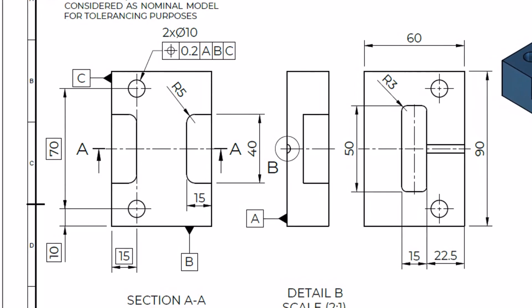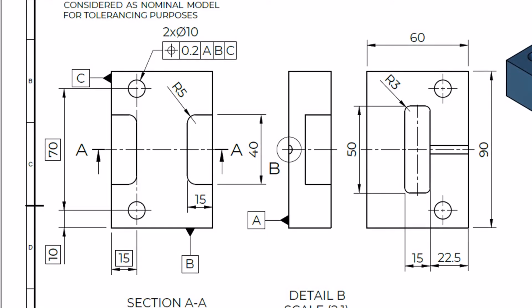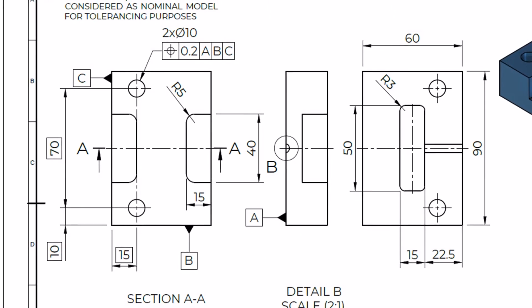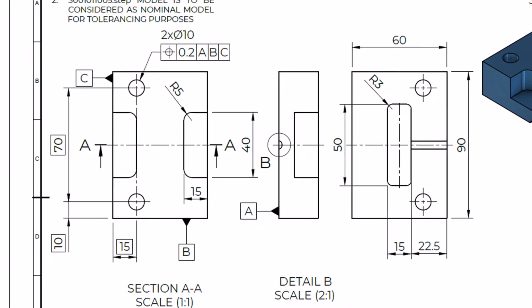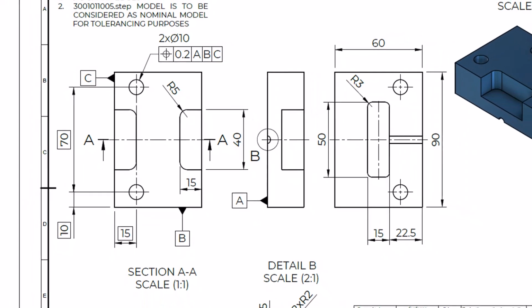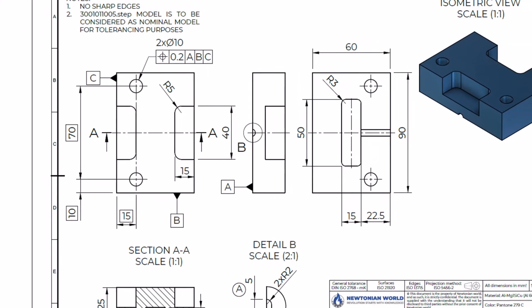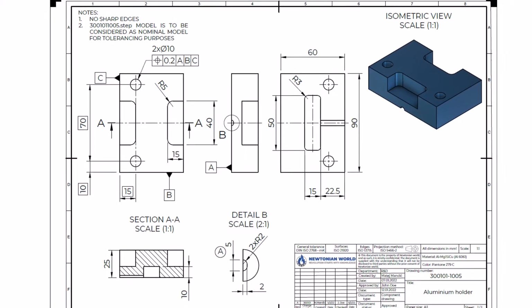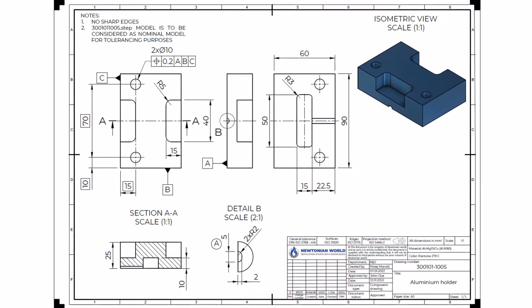The main view, or a front view, is always the view that is the most informative, i.e., it gives the most details about the 3D object. The number of additional views, sections, and detailed views should be limited to what is necessary to fully define the object's dimensions. On the engineering drawing, we are using either a first-angle projection or a third-angle projection. In both projection types, views are the same, but the position of the views with respect to each other differs. The rules for creating these projections are defined by ISO